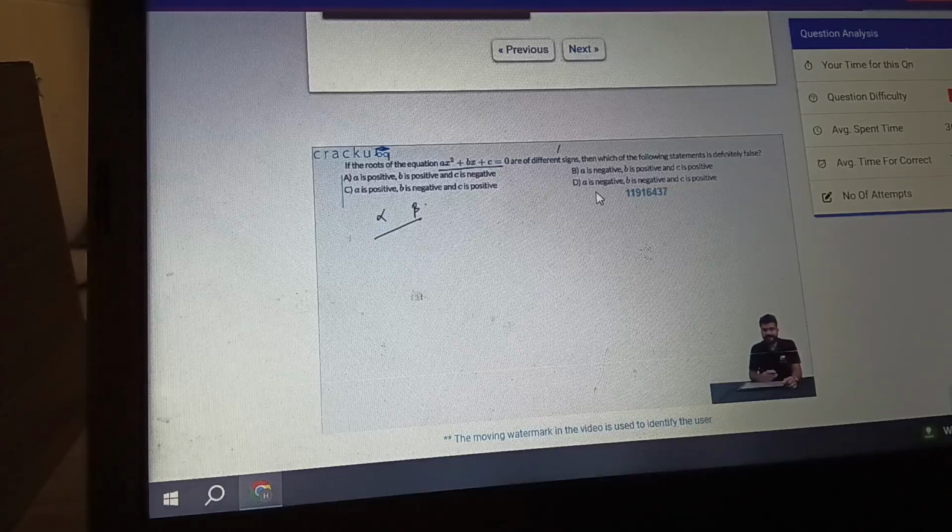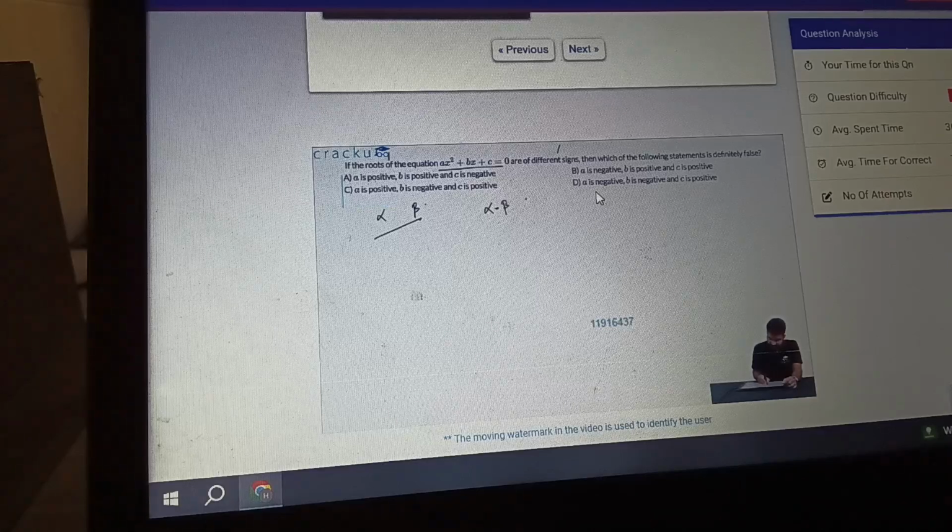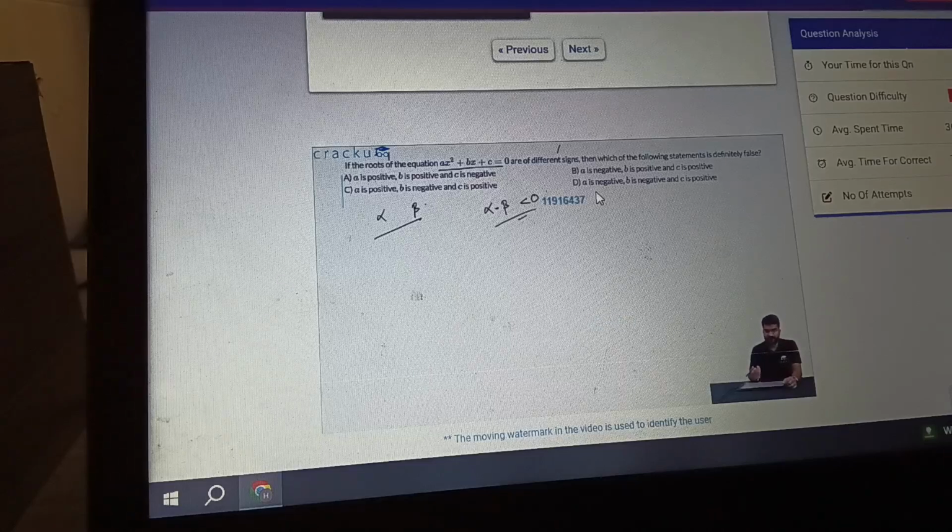If alpha and beta are of opposite signs, the only thing that we can say is that the product of alpha and beta will be negative. So what we can conclude from whatever has been given in the question is that alpha into beta is less than 0 because they are of opposite signs. We can't say anything about alpha plus beta because if the root which is less